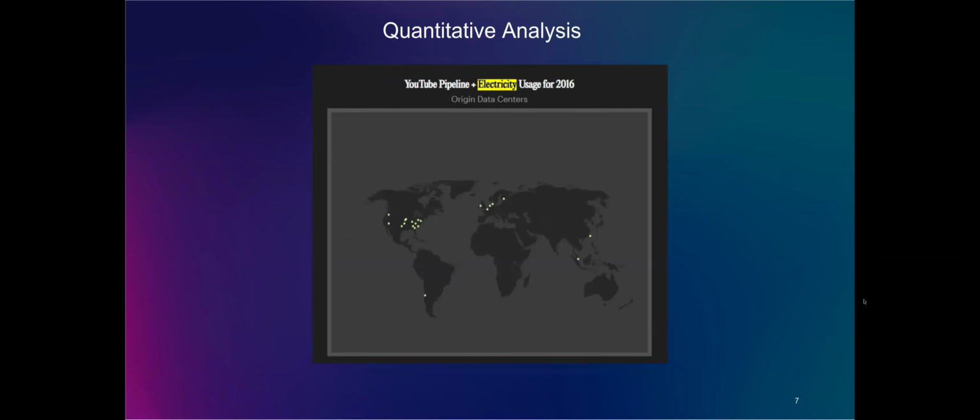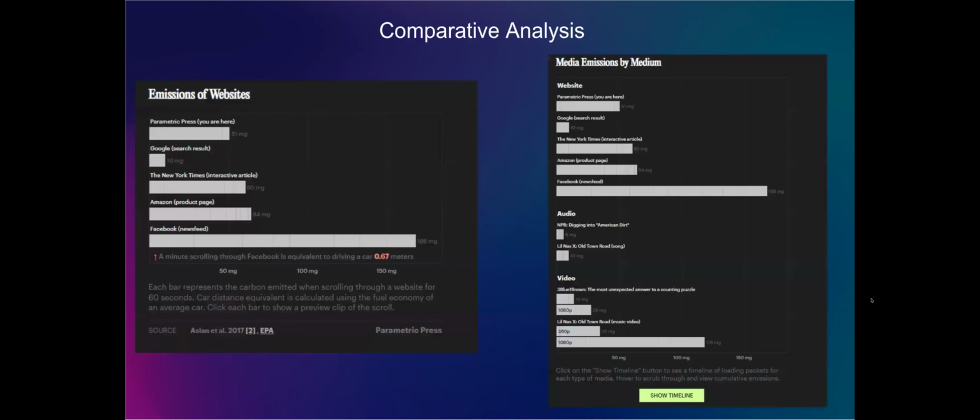As for the quantitative analysis, it built up the YouTube pipeline and electronic usage for 2016 and highlighted it on the map. Next one, the case study gets its material from the site of St. Clair Valley, which is the Silicon Valley pollution case. As for the comparative analysis, it compared the different sources of media emission and showed their carbon footprints.